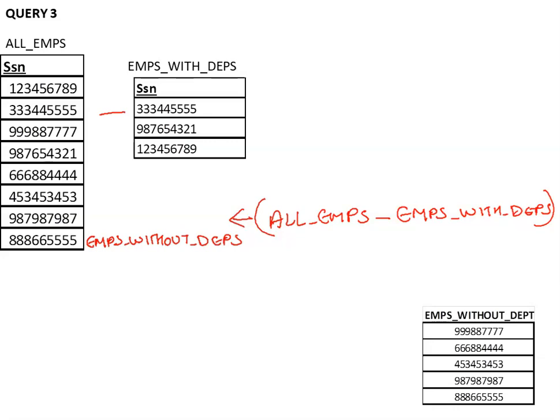Now, this particular relation you can apply a natural join with the employee relation. The attribute name over here is SSN. Apply a natural join with the employee relation, you get the desired result.